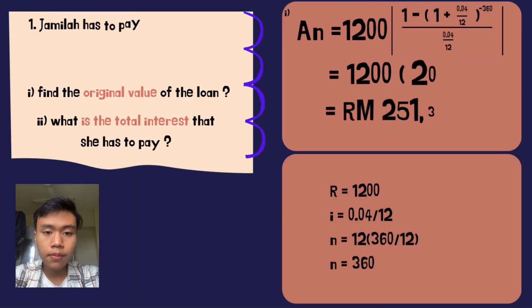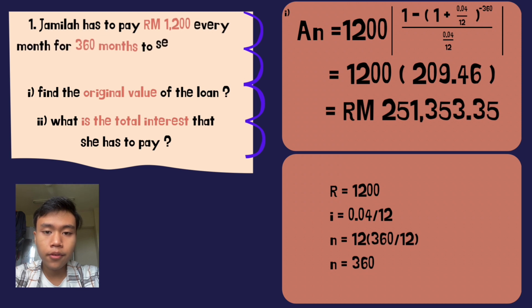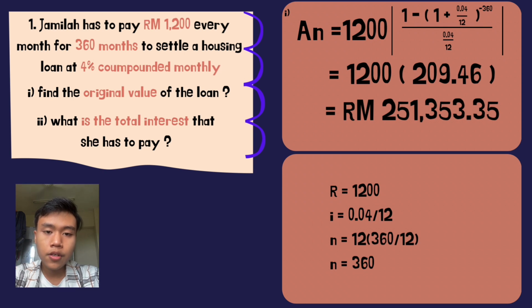The first question is, Jamila has to pay RM 1,200 every month for 360 months to settle a housing loan at 4% compounded monthly. The first question is, find the original value of the loan. And the second is, what is the total interest that she has to pay? Okay, first, we just need to use the formula of A n. 1,200 is the value of R, and I equals 0.05 divided by 12, and lastly N equals 12 multiplied by 360 divided by 12. Then just insert R, I, and N into the formula, and you're going to get